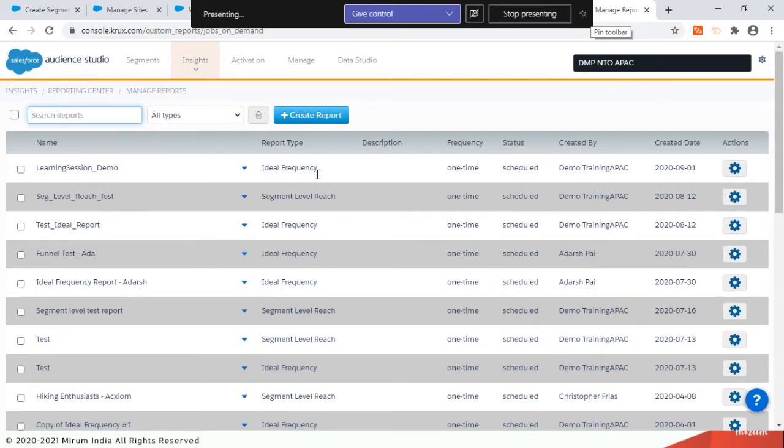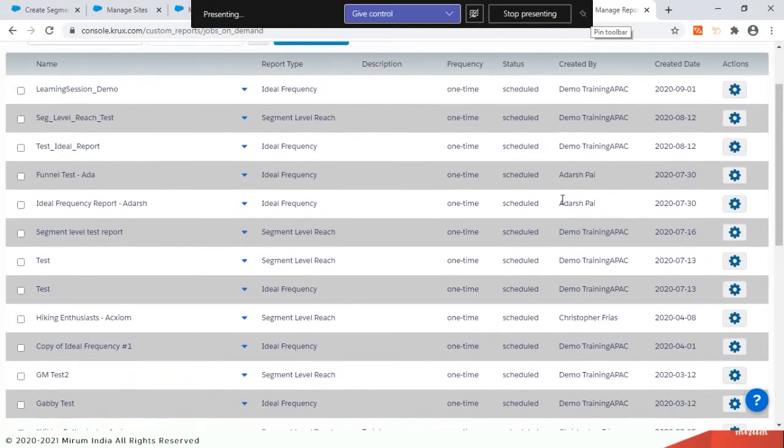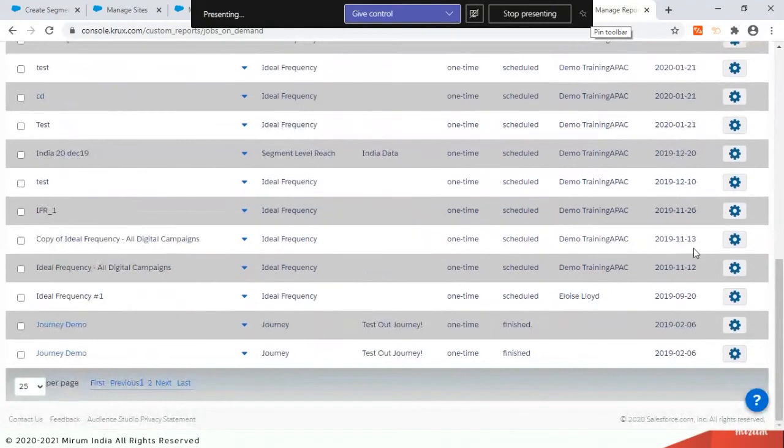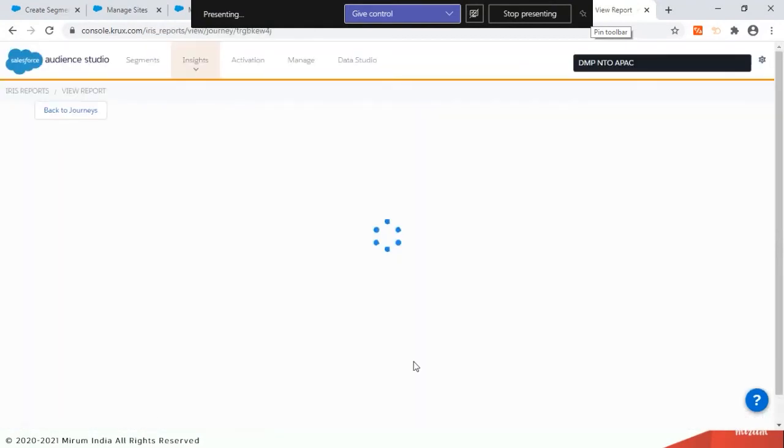Let's look at pre-created, because this one is scheduled for preparation. Let's look at one which is already created. Okay, this one looks finished. Let's view it.